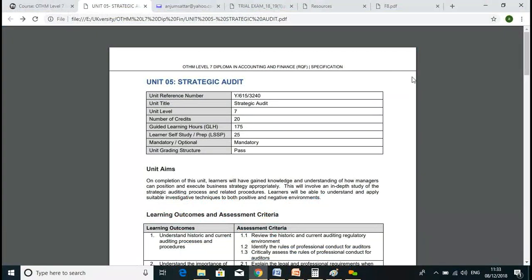Okay, welcome everyone. We'll start our first session on Unit 5, which is Strategic Audit. We already covered and learned Unit 4 about financial management, where we discussed different sources of finance. So today our lesson will be focused on